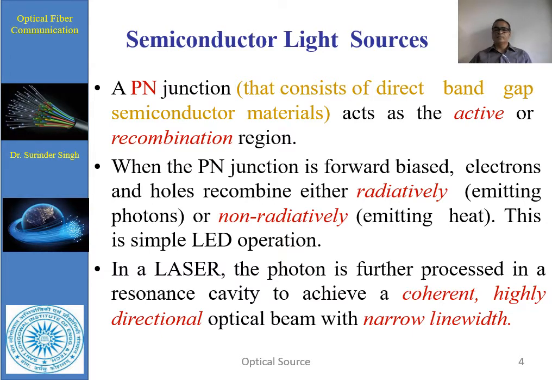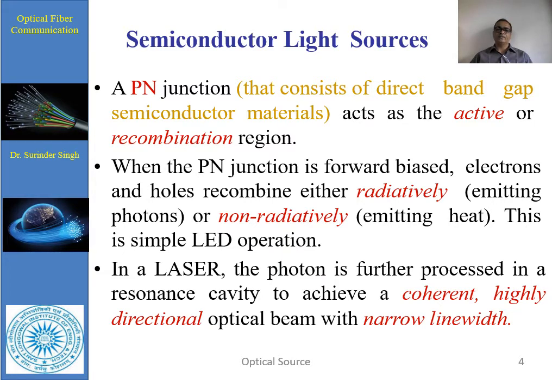A semiconductor light source is basically a PN junction diode, made of a direct band gap material. From the periodic table, the direct band gap materials are of the third and fifth group of semiconductor materials, which act as the active material when an injection current is applied. Then there is recombination in the recombination zone.